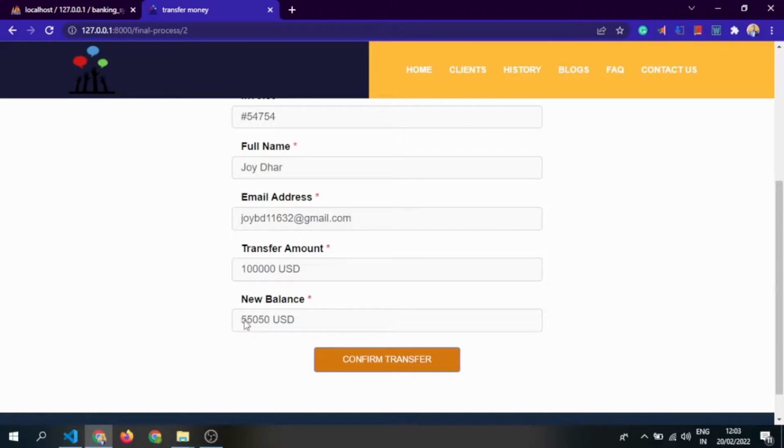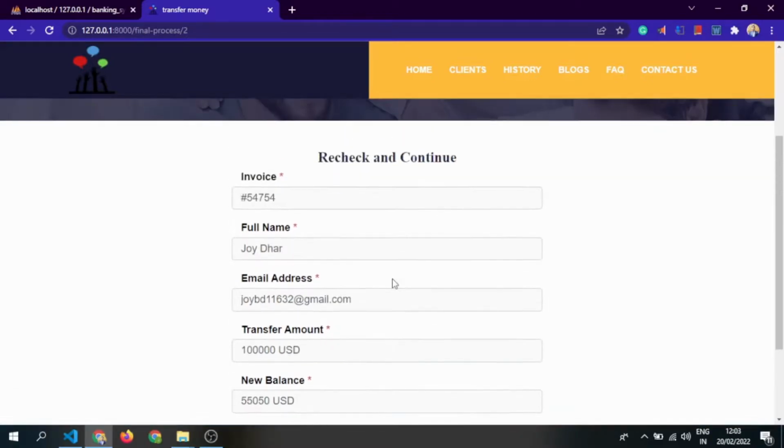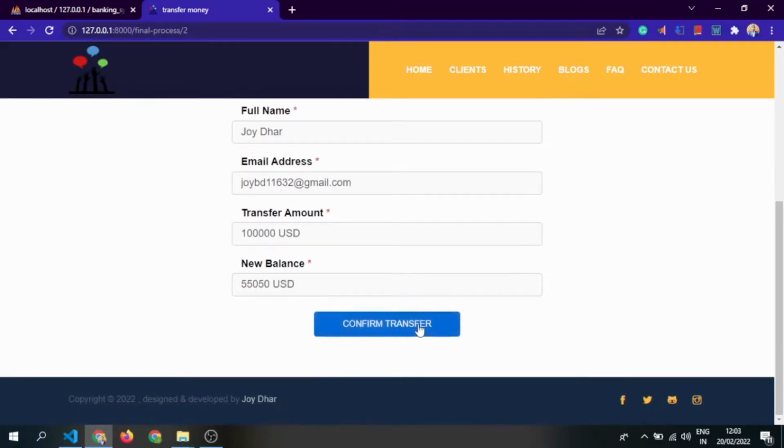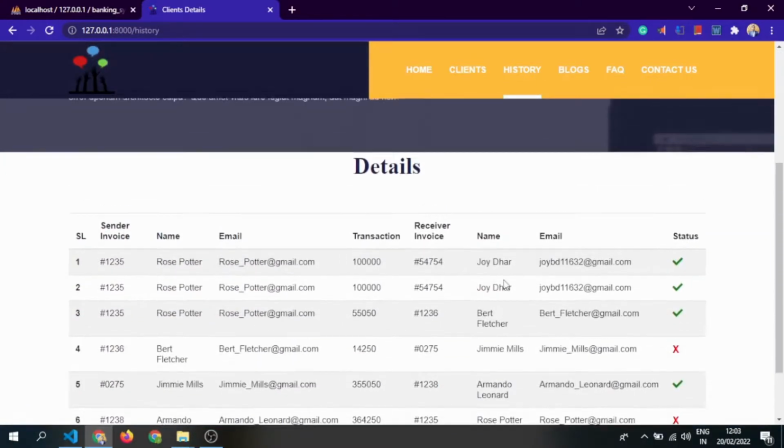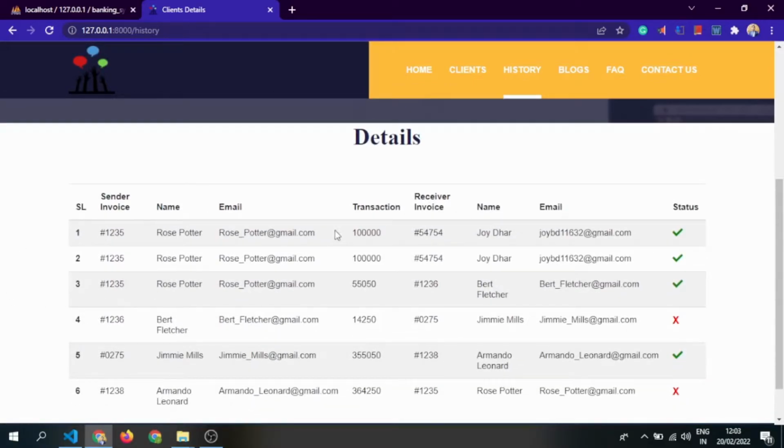It will be 55,550 USD only. So just confirm transfer. You can see after confirming we are redirected to history. Yes, history, and you can see a transaction successful, 1 lakh, receiver Joy and sender Rose.